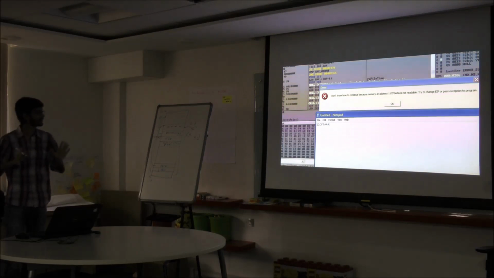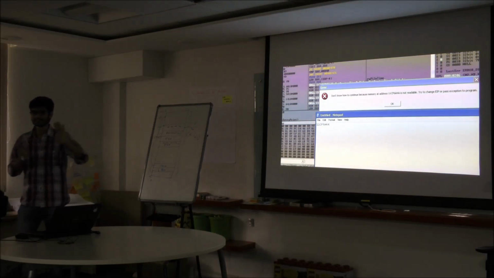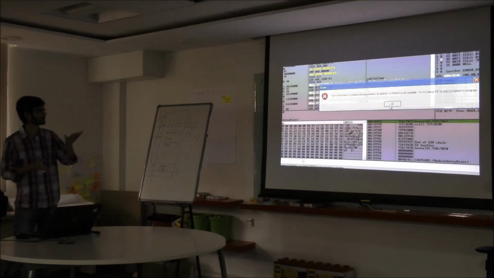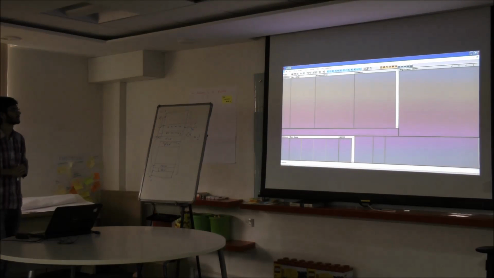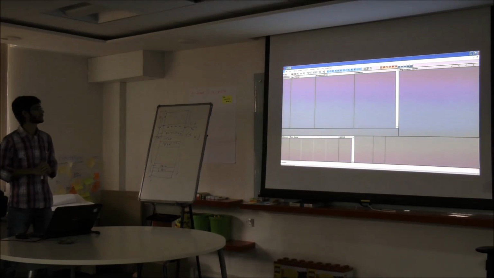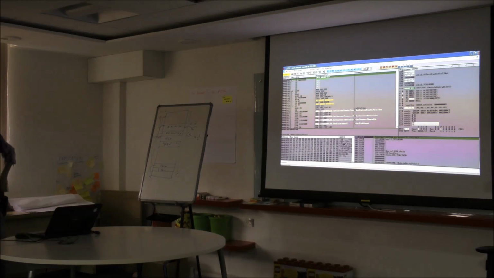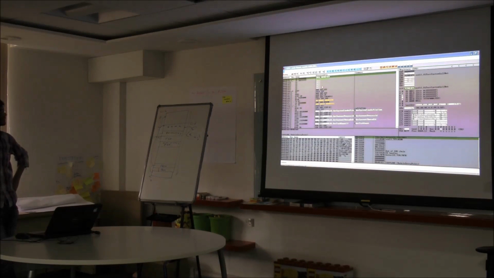I assume that everyone is understanding. This is not difficult, not rocket science. We are just making the memory address a valid address. So let's start this application again and start this experiment and see what happens.